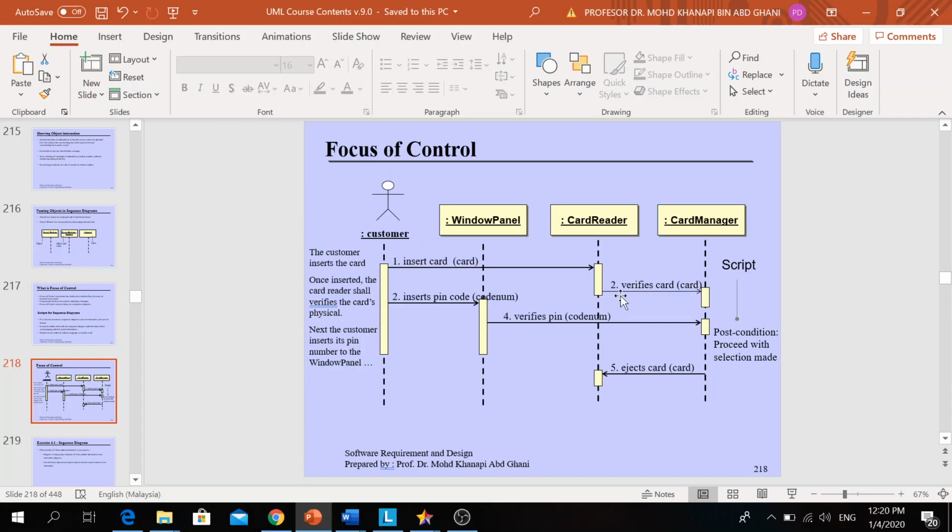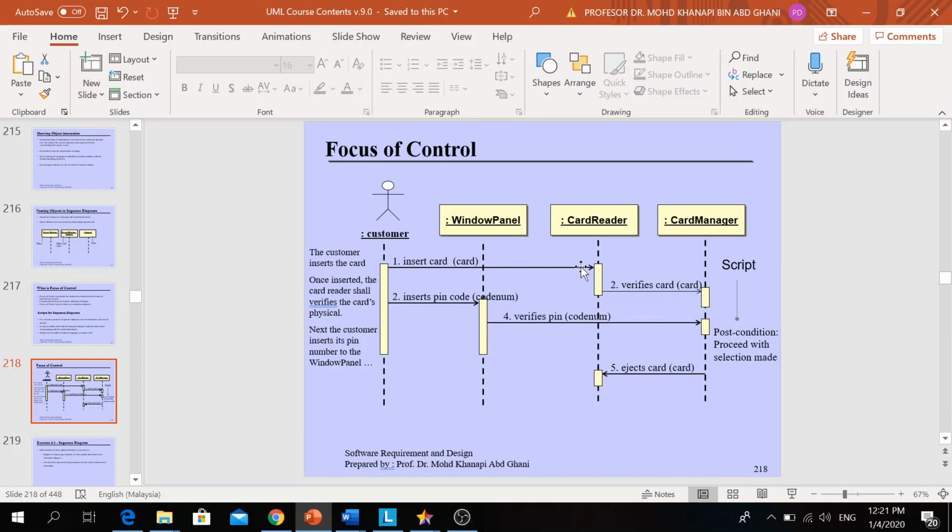The focus of control is at the card manager and card reader. You see the window panel only receives one message from the customer, but the card reader gets two messages, and the card manager also receives two messages. So this is the focus of control.